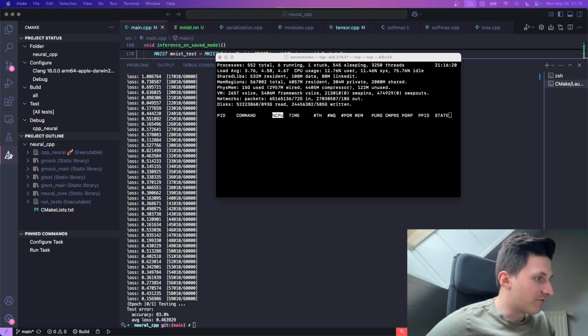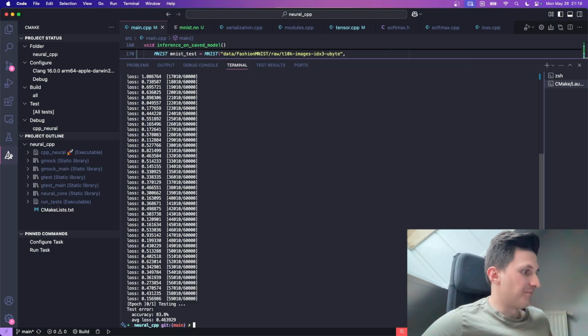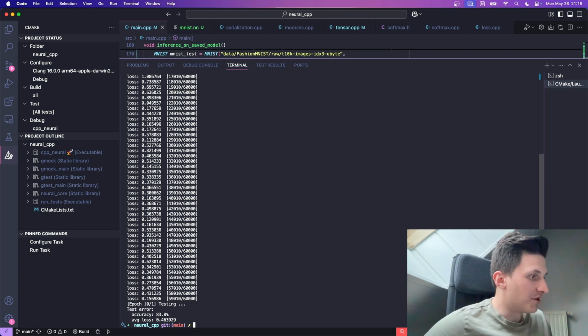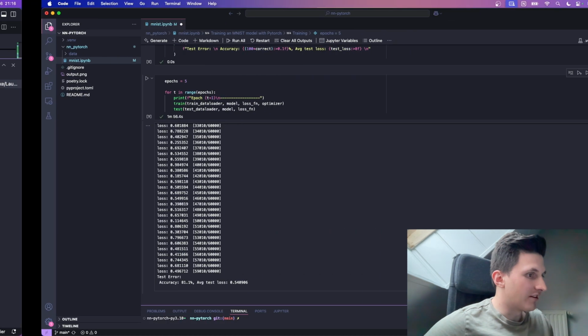Okay, so once again, after training for an hour, we finally trained it and we reached 83.8% accuracy,